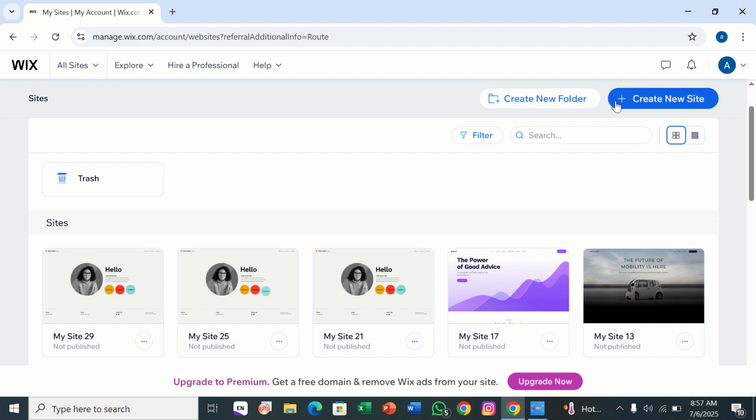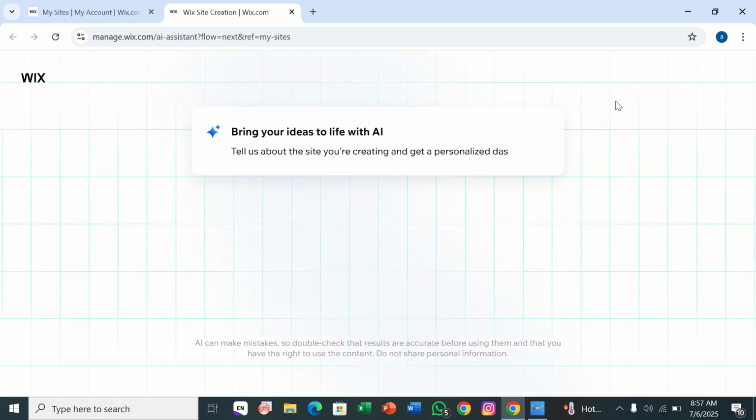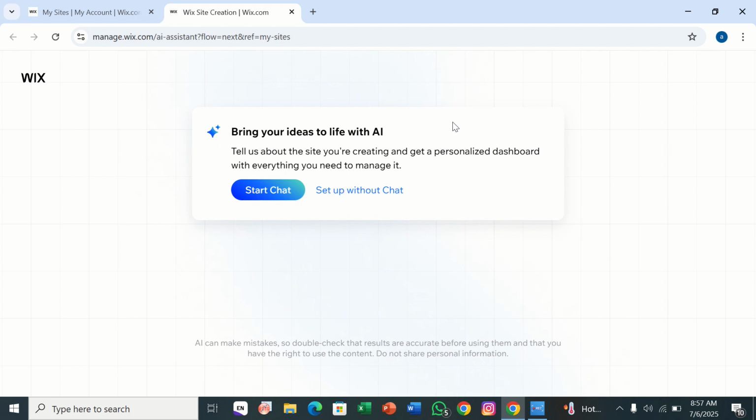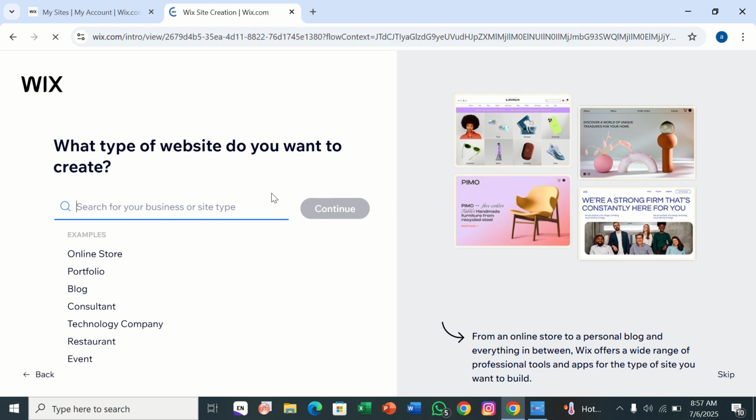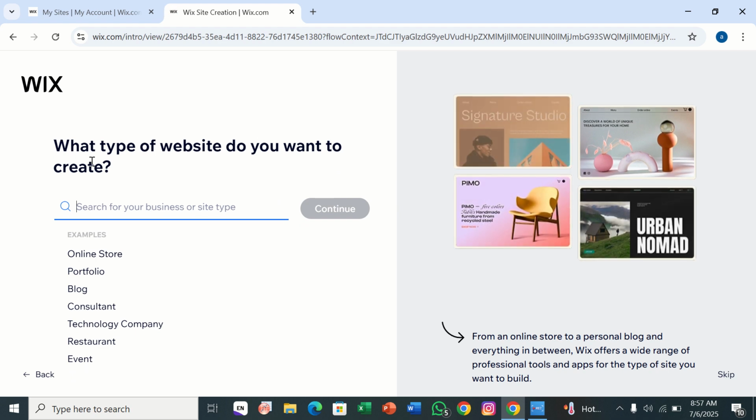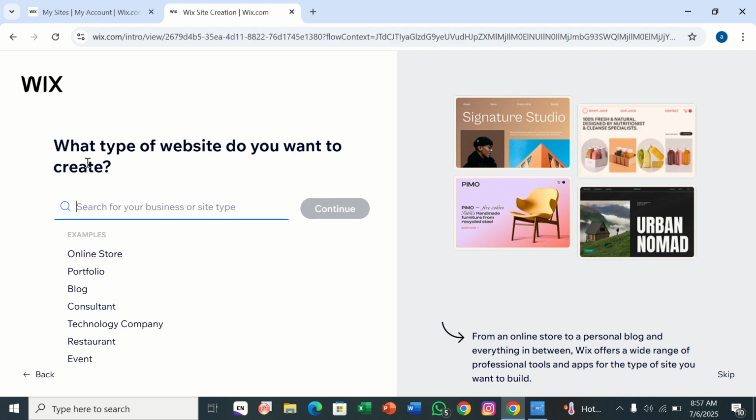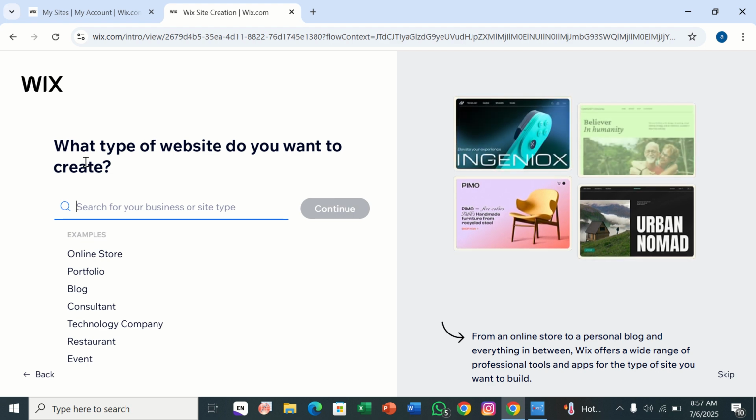Here you see the option of create new site. You're going to click on this, and after you click on this, it is going to ask you a few simple questions that you need to answer. I'm going to click on setup without the chat. After answering the simple questions, it is going to help you find the type of website template